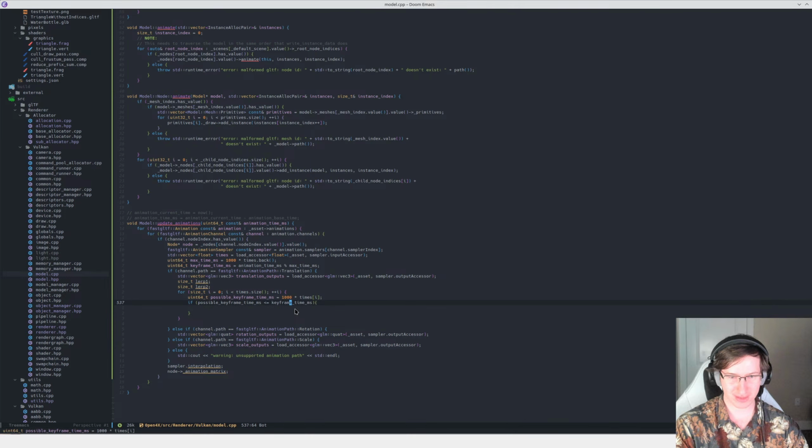So with this, the possible keyframe time is less than this, and I want to keep track of this. So I want to say, what would I say? This is like size T, or no, this is like the lerp 1, lerp 2. So then I want to set lerp 1 to be